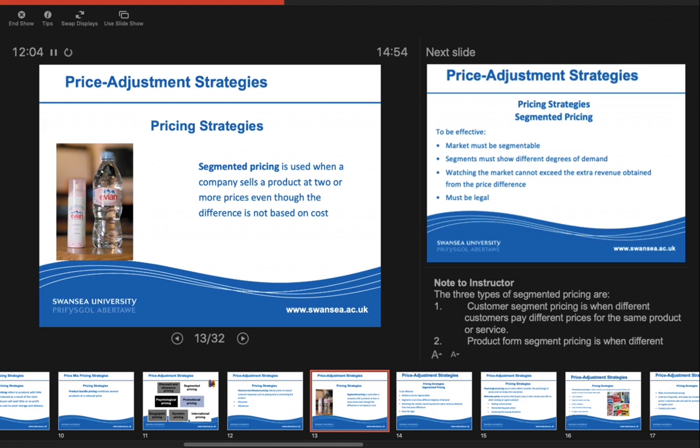Segmented pricing is where we look at different prices for different segments. A cracking example here is Evian. They have basically exactly the same product in similar packaging, but they're charged at a much different price. So if we look at water to drink, a bottle of Evian water will cost somewhere between £1 and £1.50